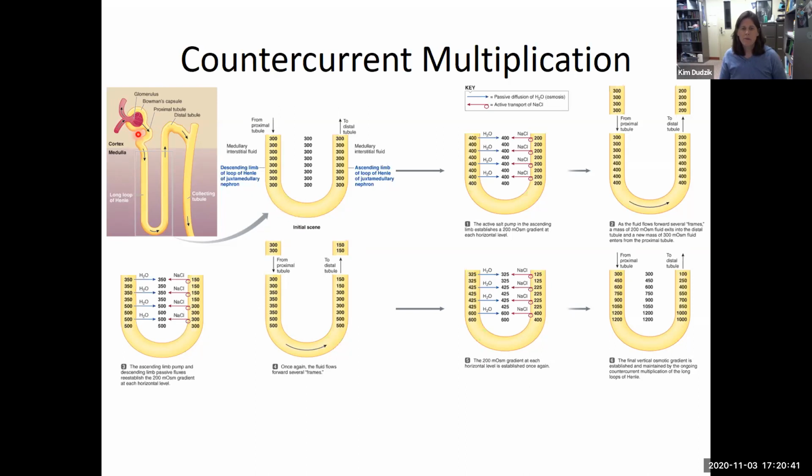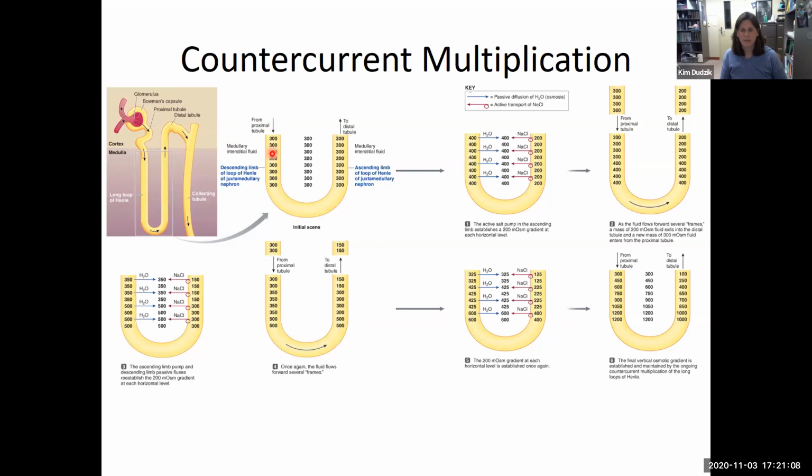So one thing to remember, that fluid is constantly flowing, but we're gonna do a stop motion view of that. This is like if you're a baby and this is the very first time your kidneys start working. In your lifetime, your kidneys maintain this. All right, so again, fluid is coming out of the PCT, and the filtrate inside of the tubule has an osmolarity